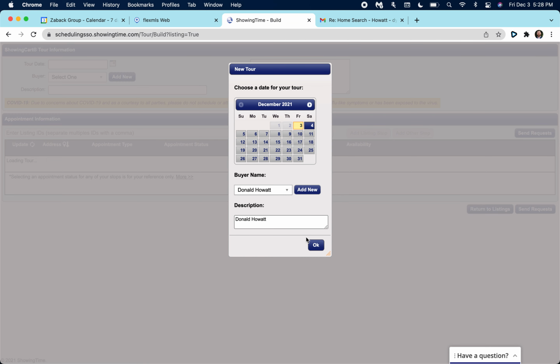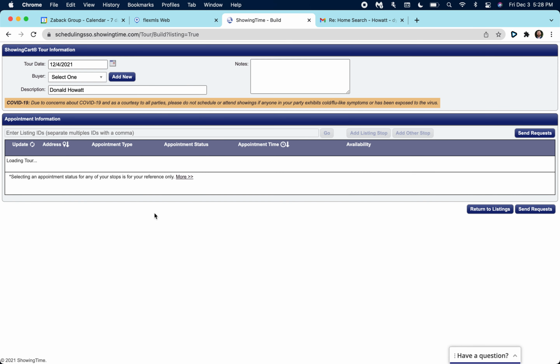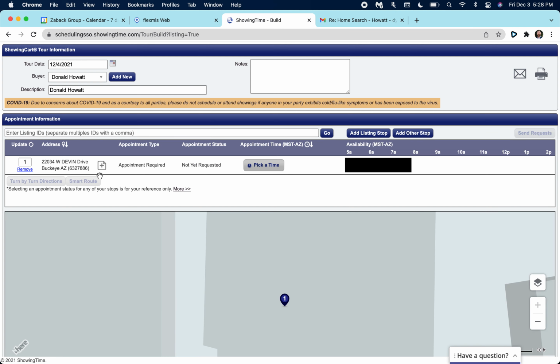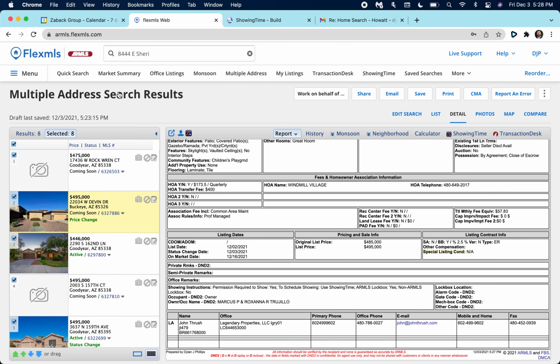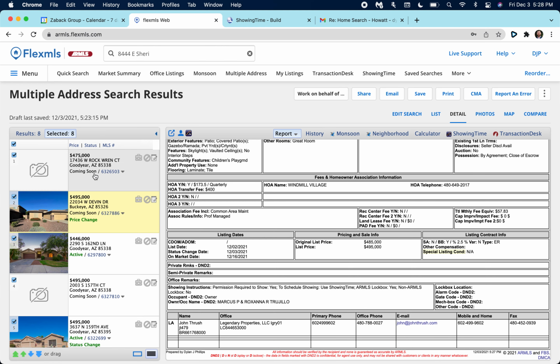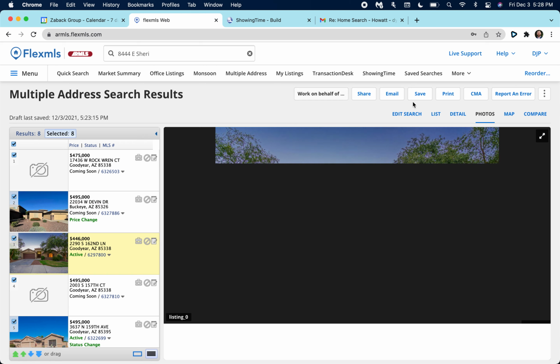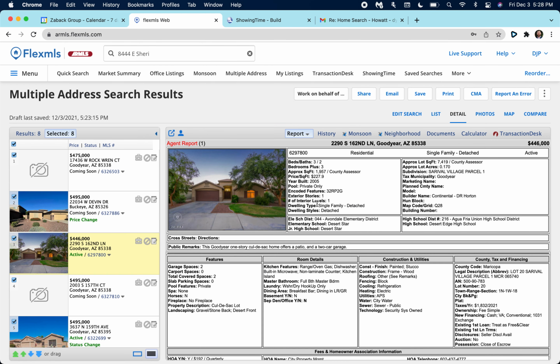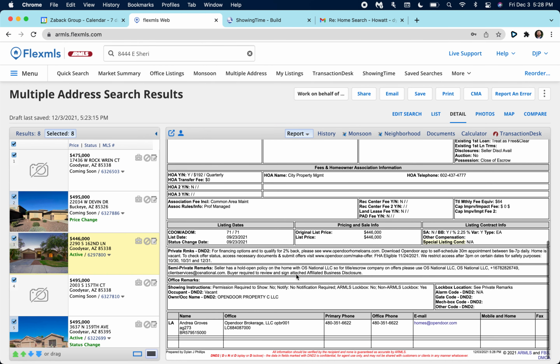So I'm going to go ahead and press OK here. So now Devon Drive is in here. And then this is in a build status, you can see up here. So I'm just going to go back to here for right now. And the reason I left Rock Run out, I'm just going to call this guy to see if we can see that one. But then basically, since you're building this tour on showing time, I like to go through and